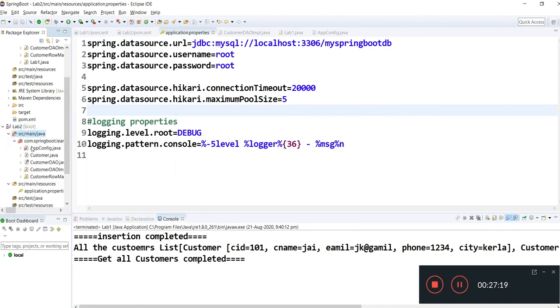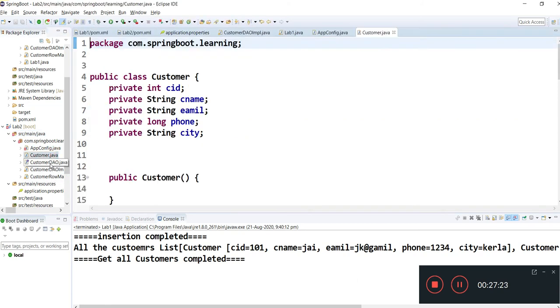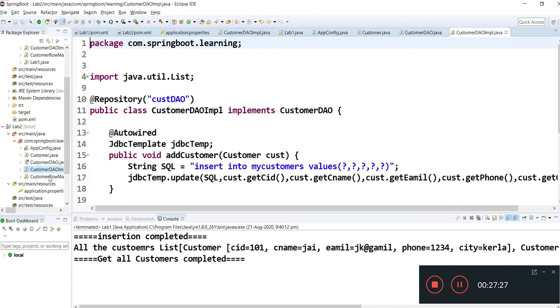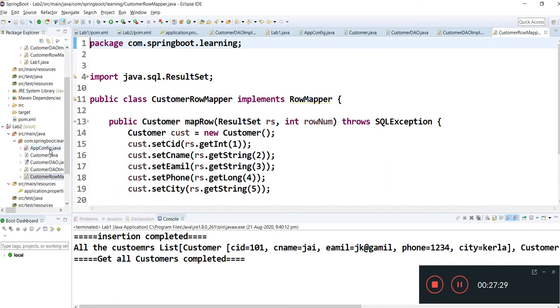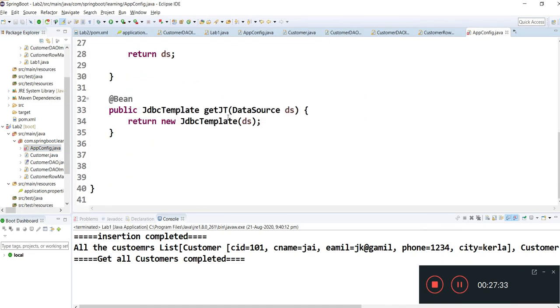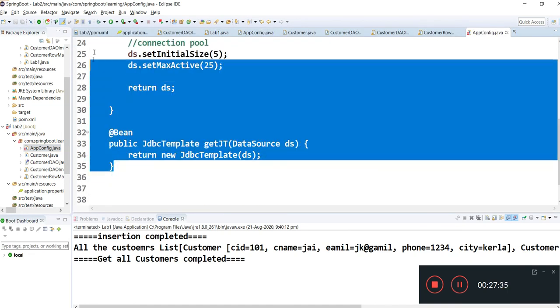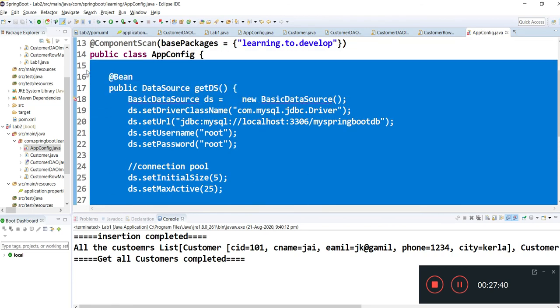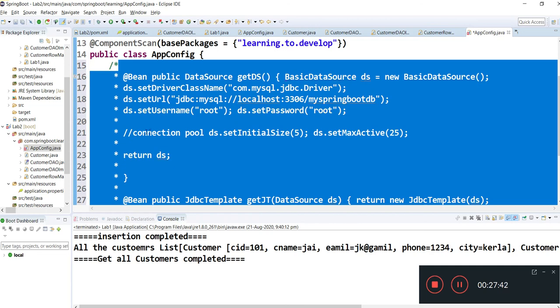So you have only one file. CustomerDAO would be same, Customer.java would be same as it is, CustomerDAO would be same as it is, and the implementation would be same. RowMapper would be same. The change will start from the configuration. Now you do not require all this configuration in your example.